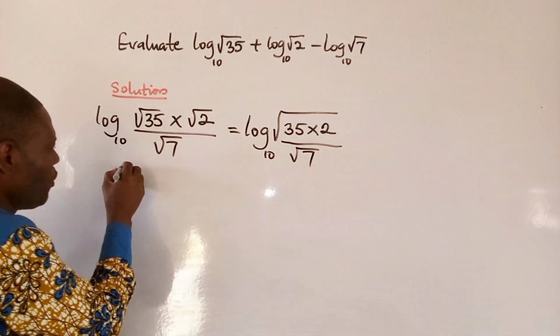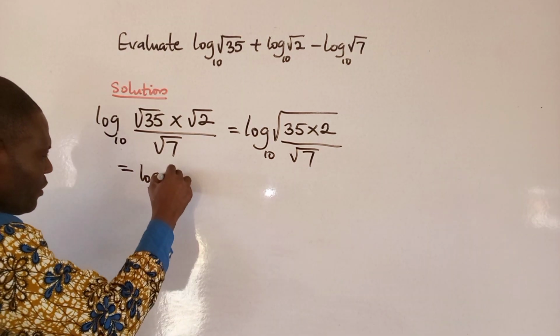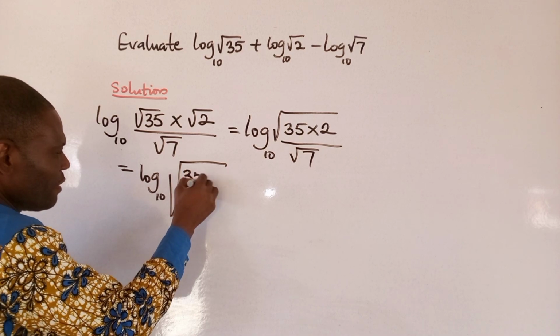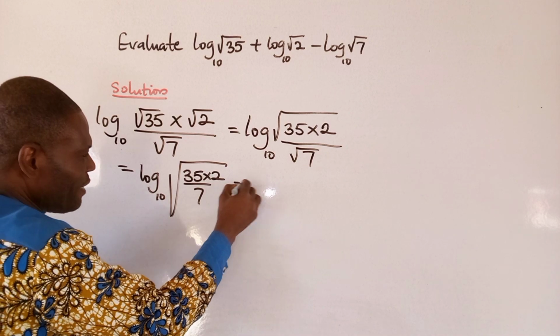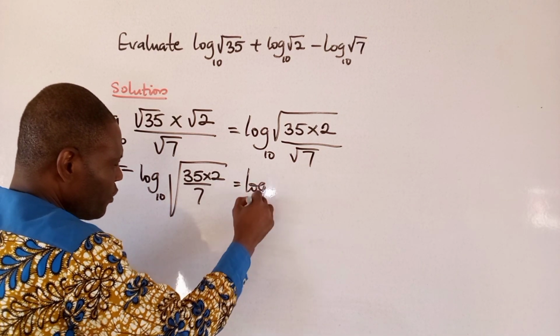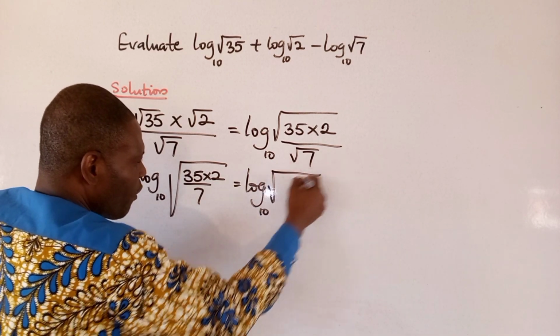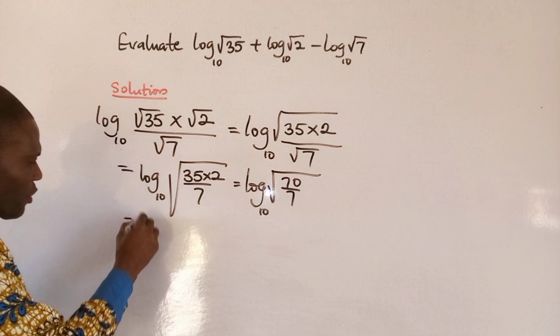And of course we know that this can also be written as the square root of 35 times 2 divided by 7, and this is equivalent to log base 10 of square root of 70 divided by 7, and that will give us log